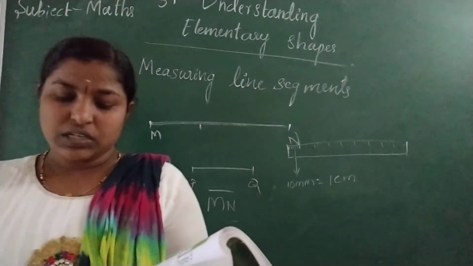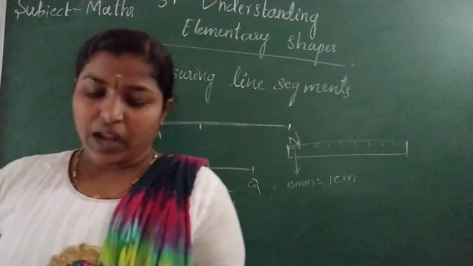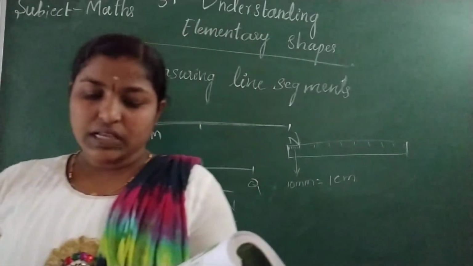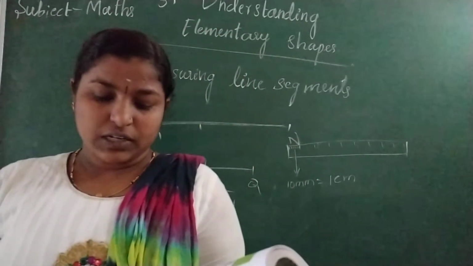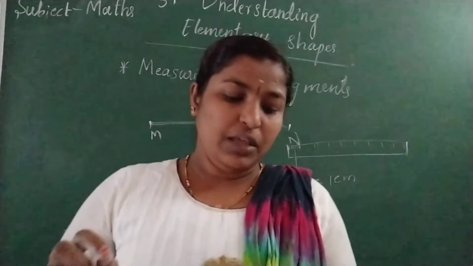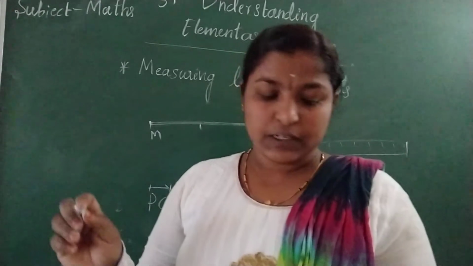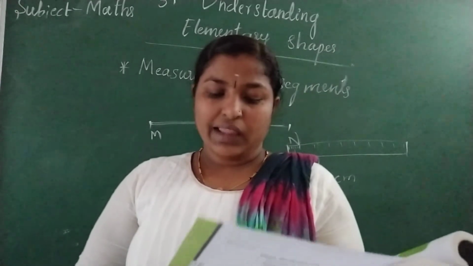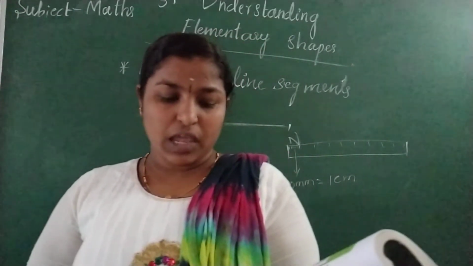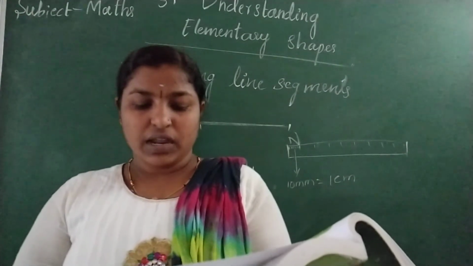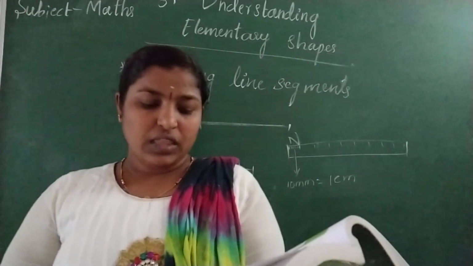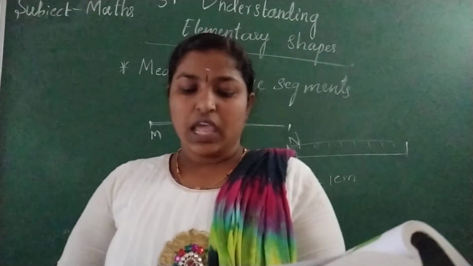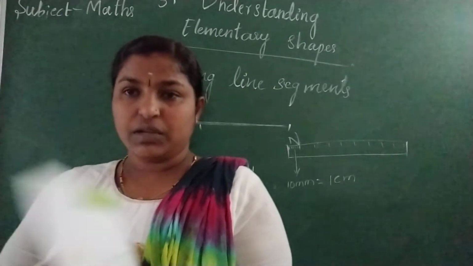Since 1 centimeter is equal to 10 millimeter, how will you write 2 centimeter, 3 millimeter? What do we mean by 7.7 centimeter? It means 70 millimeters and 7 millimeters. Place the 0 mark of the ruler at A. Read the mark against B. This gives the length of AB. Suppose the length is 5.8 centimeter. We may write length AB is equal to 5.8 centimeter, or more simply as AB = 5.8 cm.